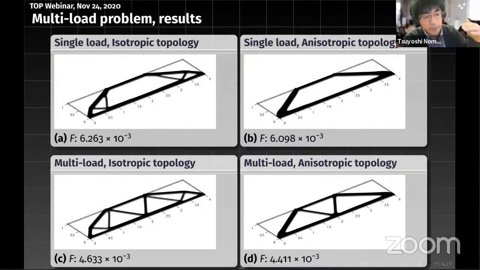The top row shows the single-load case, and the lower row shows the multi-load case. Everything works okay, and it shows a little bit better performance by using the anisotropic topology optimization.